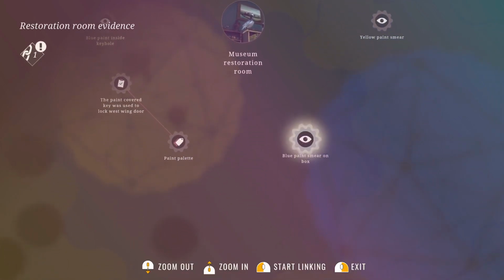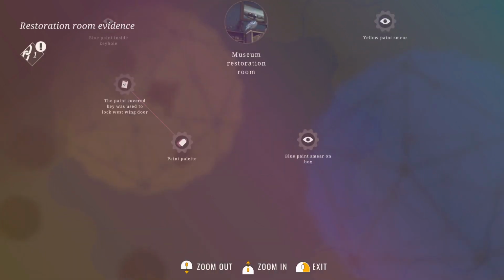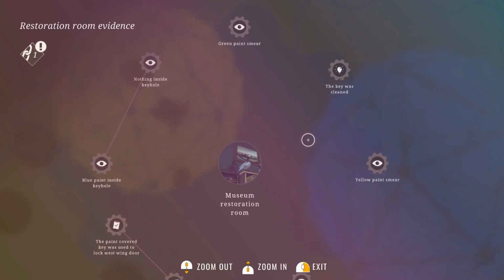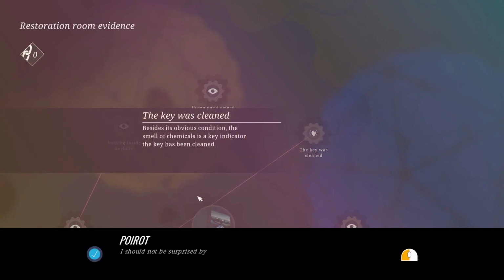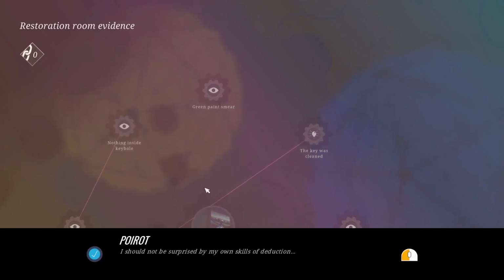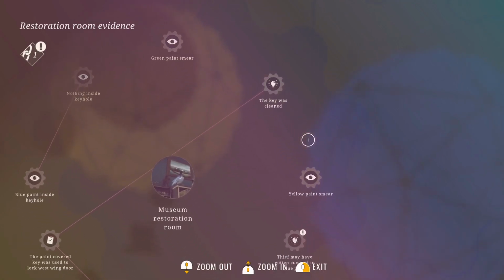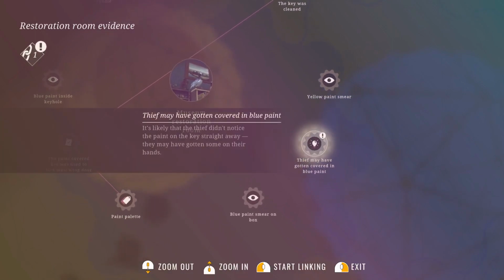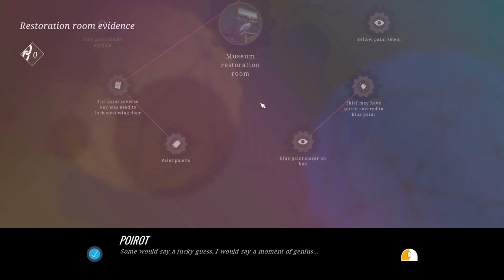And blue paint smear on box. Where is the sense in that? No. The key was clean. Probably. Yep. I should not be surprised by my own skills of deduction. Nice. It's likely that the thief didn't notice the paint on the key straight away. They may have gotten some on their hands. Cool, cool, cool. Thief may have gotten covered in blue paint. So on the box. Some would say a lucky guess. I would say a moment of...